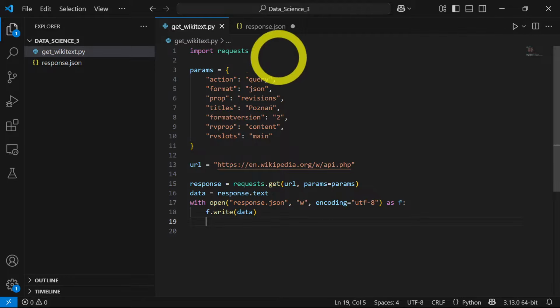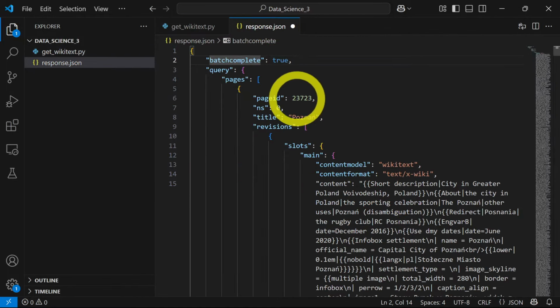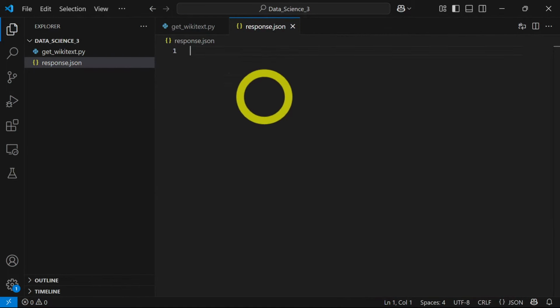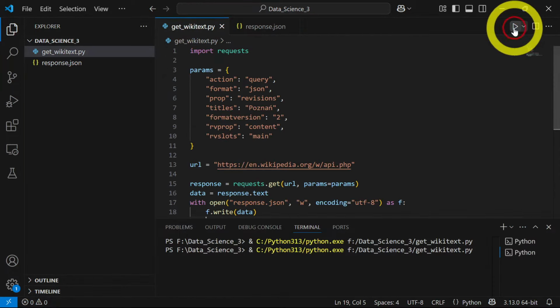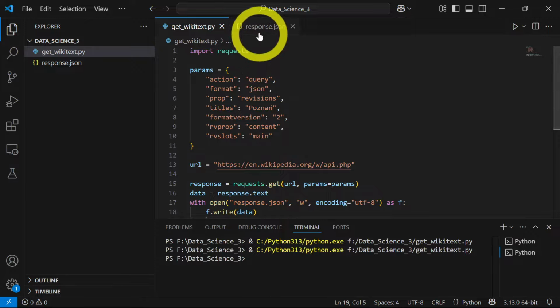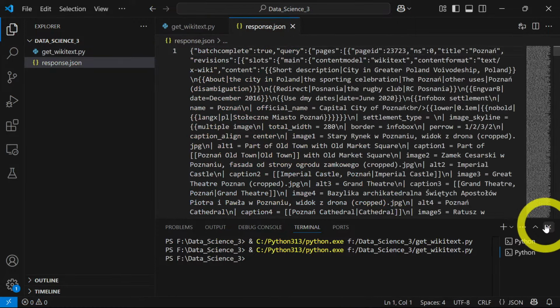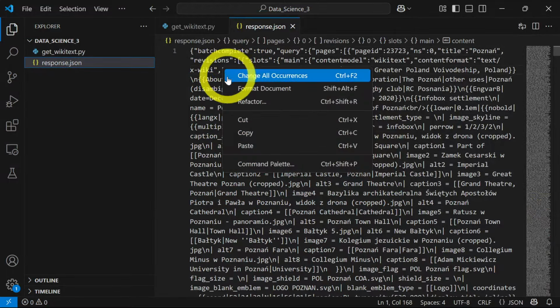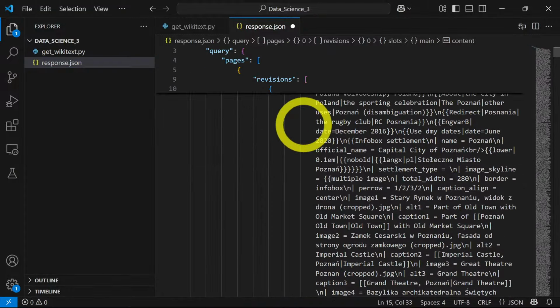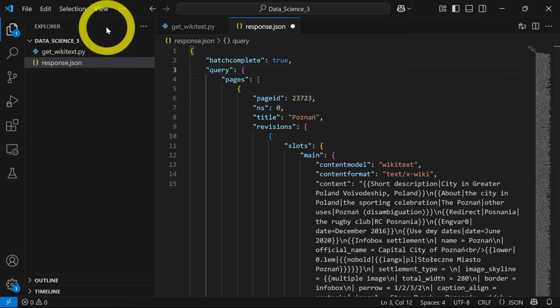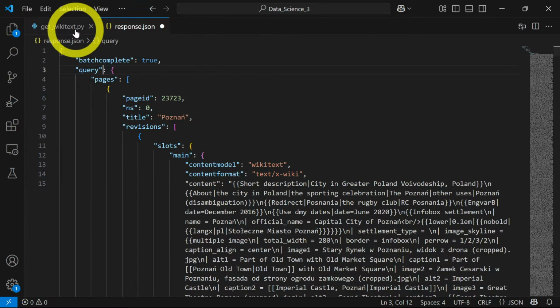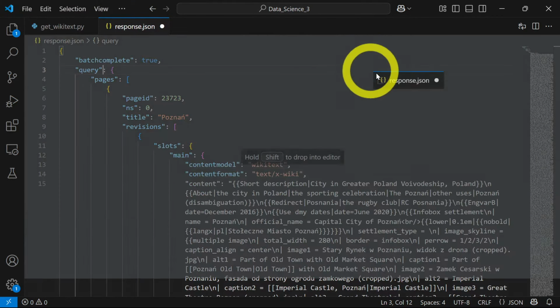Before running this new code, let's clear out the previous contents of the response.json file to make sure everything's fresh. After running it, we can see in that file the data in JSON format, which looks the same as when we ran our earlier code. Great, we now have the data in JSON format, but we actually only need the raw wiki code of our